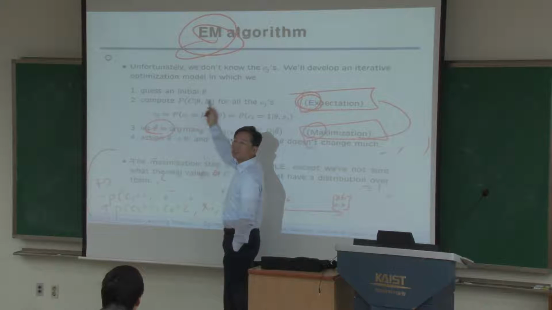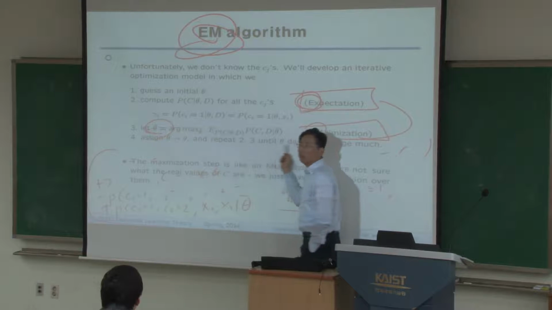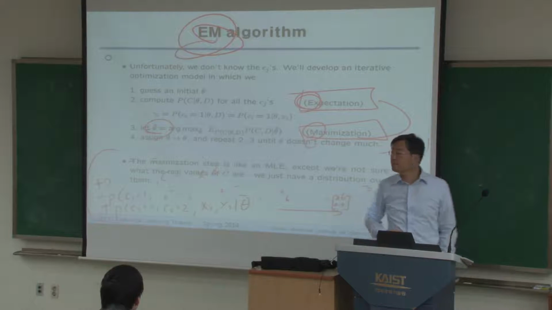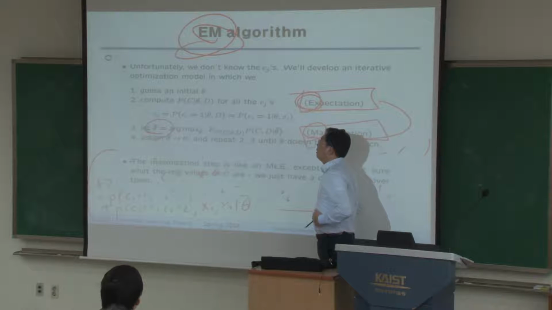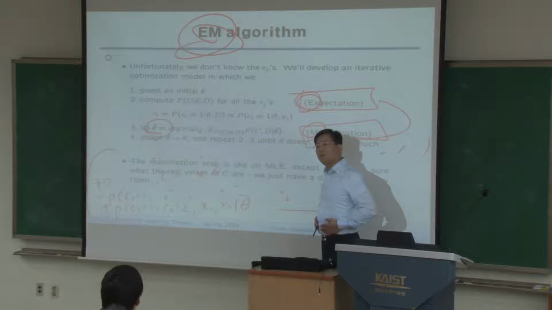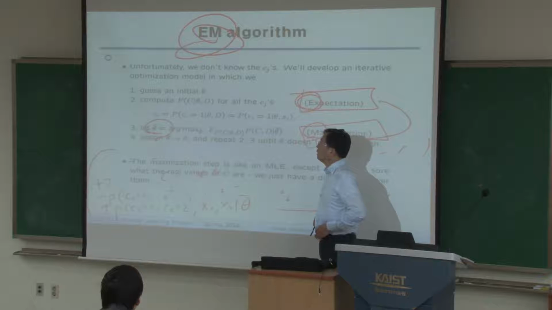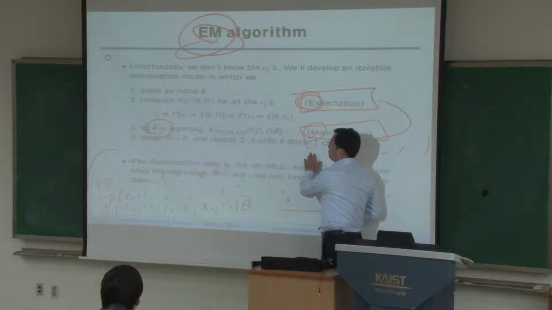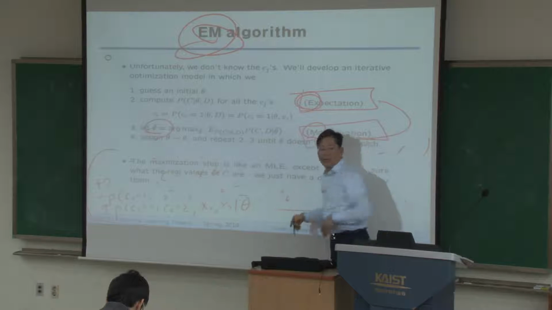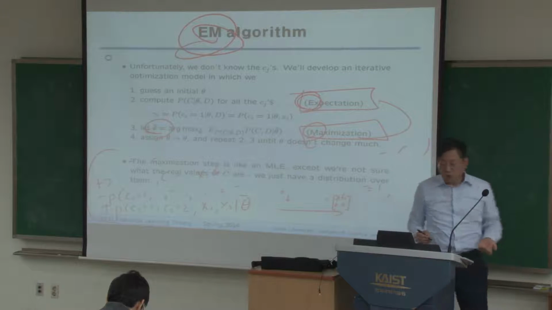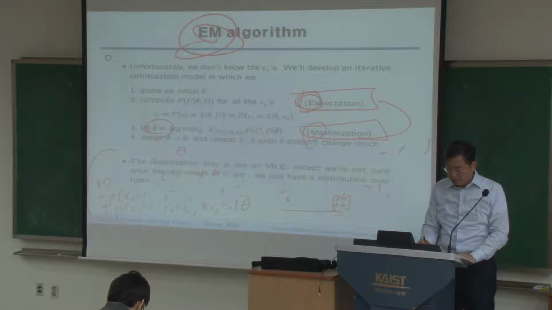And then you go through this over and over. This is maximum likelihood. So if I do this iteratively and find my ultimate theta, okay, EM,